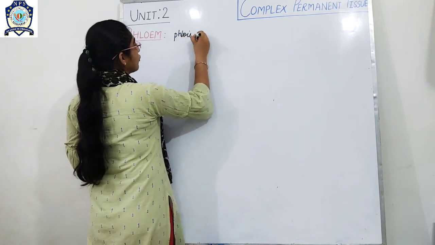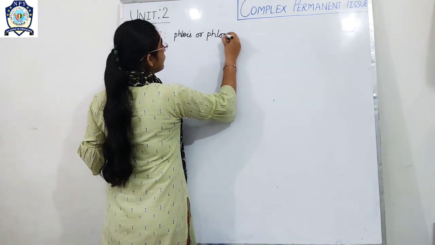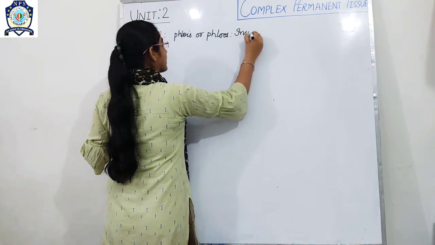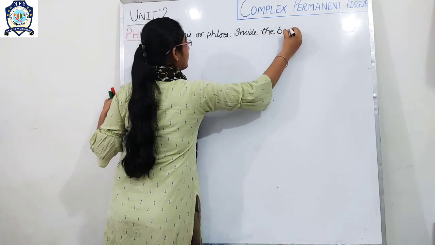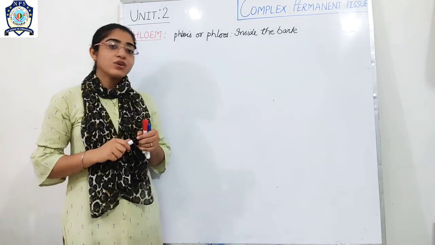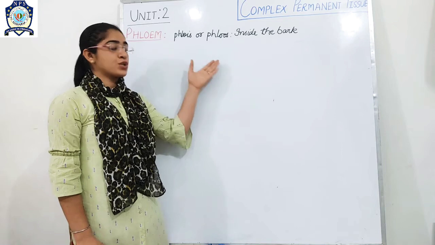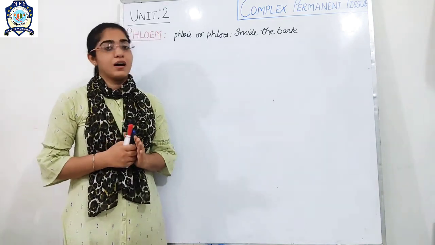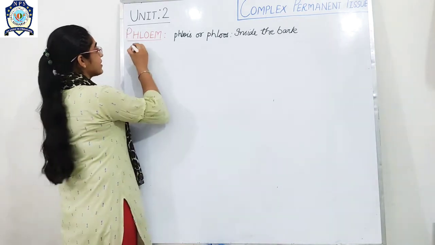It is a Greek word which means bark, inside the bark. So phloem is a conducting tissue, or you can say it is a type of the complex permanent tissue which is present inside the bark. Okay, and if we talk about the characteristics of the